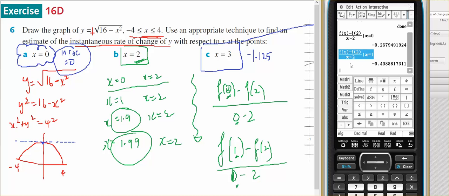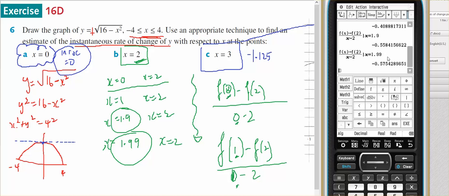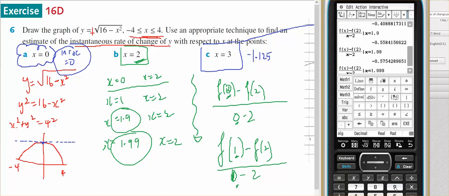If I go to 1.9, it's negative 0.558. If I go to 1.99, negative 0.575. If I go to 1.9999999,